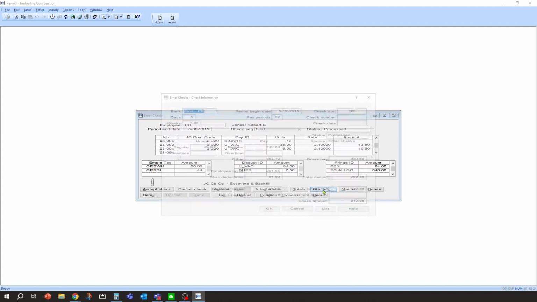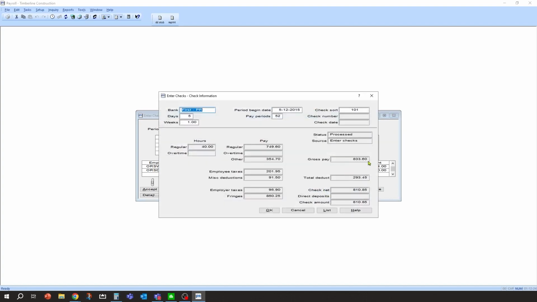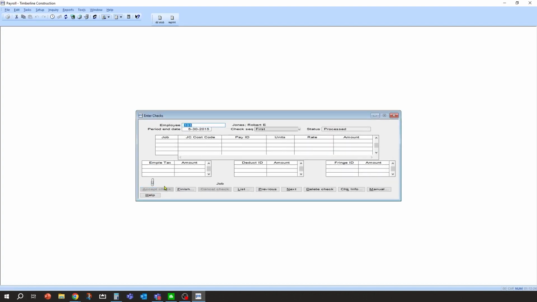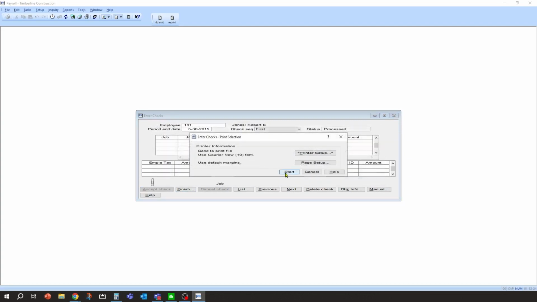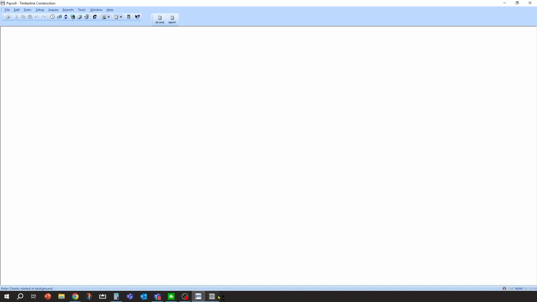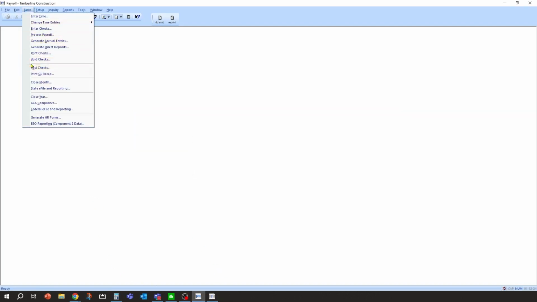Okay, so the gross pay is going to just affect those actual pays, not the reimbursements. And then you'll notice there is $354 in other. And basically what's going to happen is the net check is going to reflect the net pay plus that reimbursement as well. Okay, so I'll just click OK. I will accept the check. I'll finish. Just print this to file. Start. And we'll go ahead and finish this out and print that check